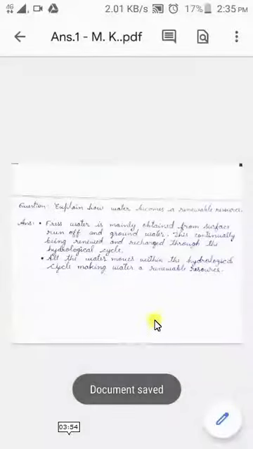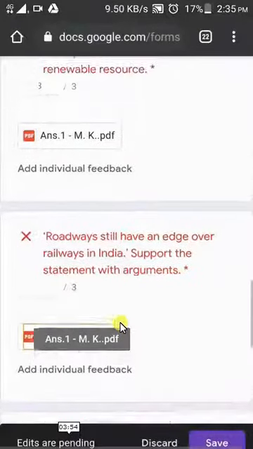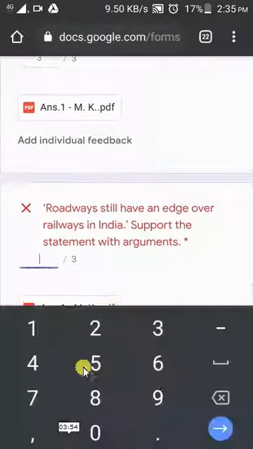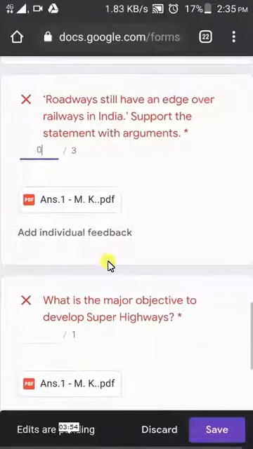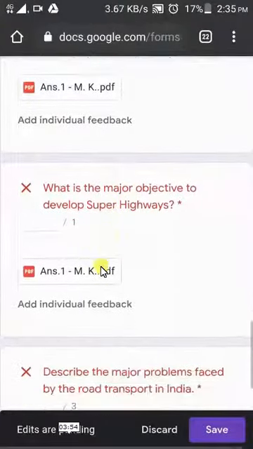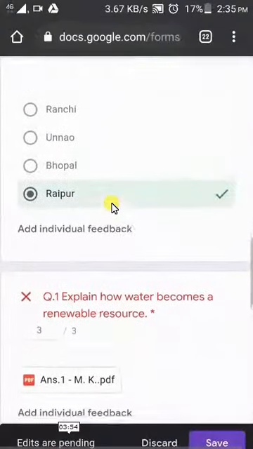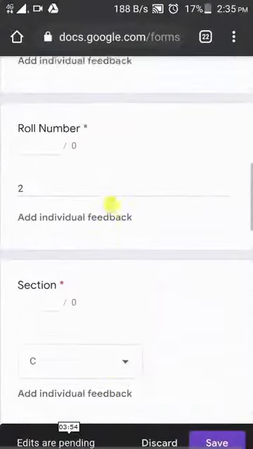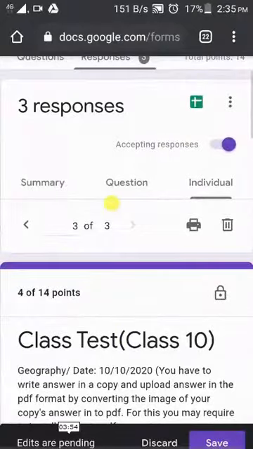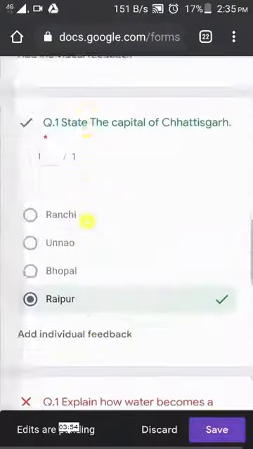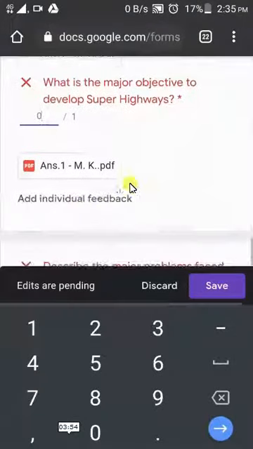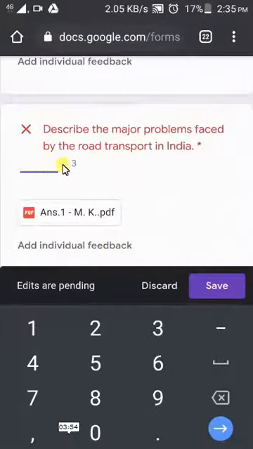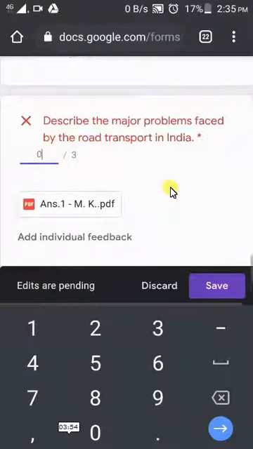Now just the back button is required, and likewise I will do all of these, and 0 marks is given to that. So marks for all the questions are being given.